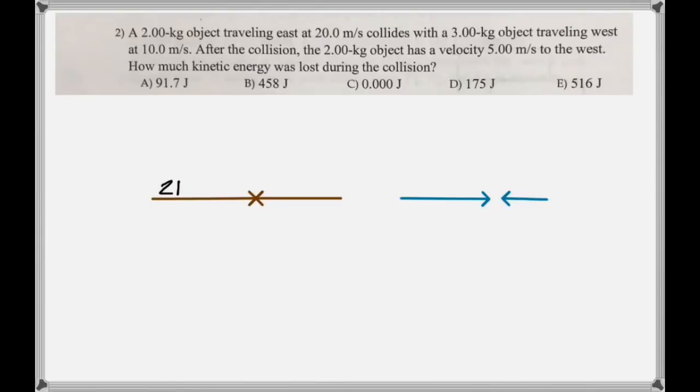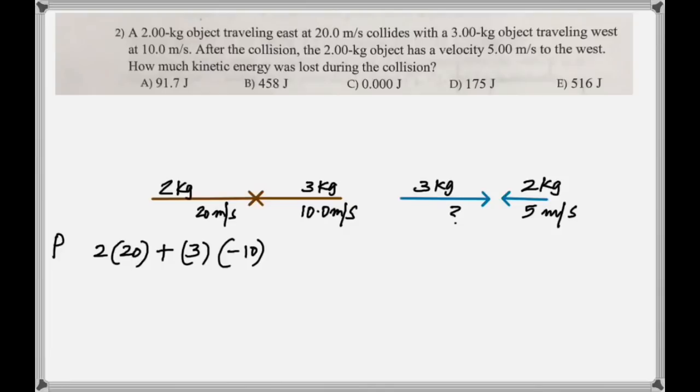Alright, this is a diagram that represents the motion. 2 kilogram at 20, 3 kilogram at 10 meters per second, and then after collision the 2 kilogram object is moving at 5 meters per second, and nothing is mentioned about the 3 kilogram object. So